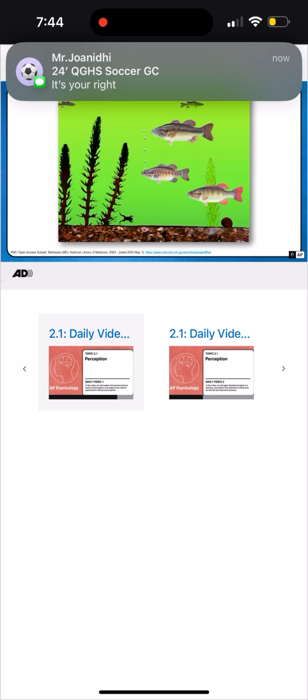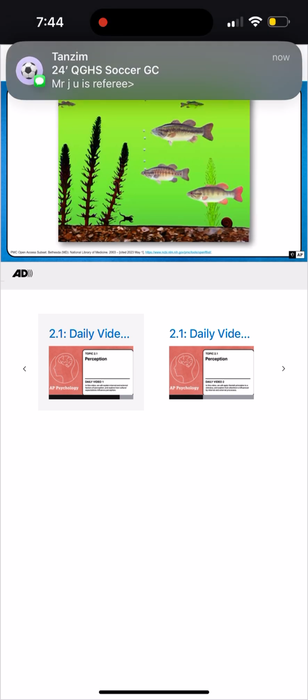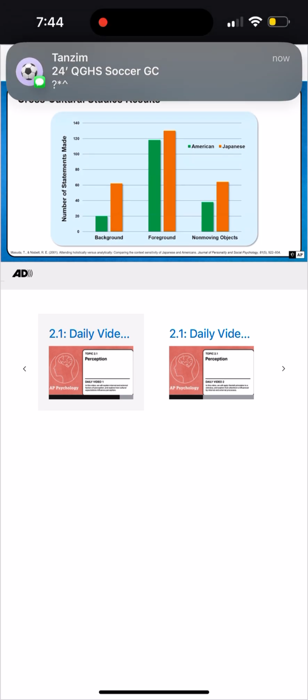After they viewed the video, they were asked to describe what they had seen. Trained coders rated the number of statements they made from the scene, such as foreground and background objects. Now that we've learned about the basics of this experiment, let's look at these graphs. The skill of data interpretation is being applied to specific content. This skill will come back and be seen in other units as well.